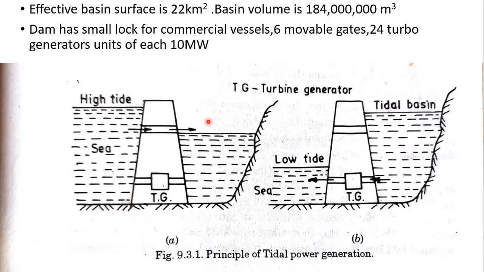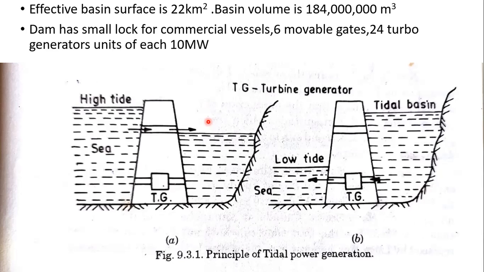So for this basin we are choosing a submerged, reversible propeller type turbine generator. This generator works in both directions. If water is flowing in both directions, this generator can work. It is designed like that. Bulb turbines have been provided in this project and they have been operating satisfactorily for the last 25 years.